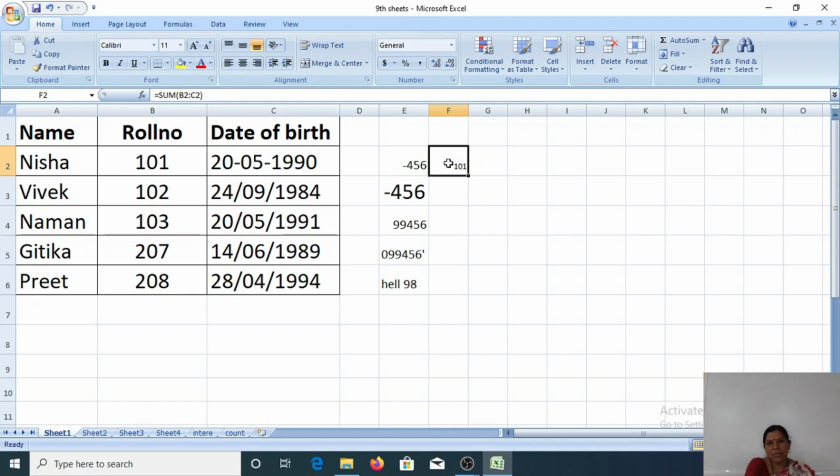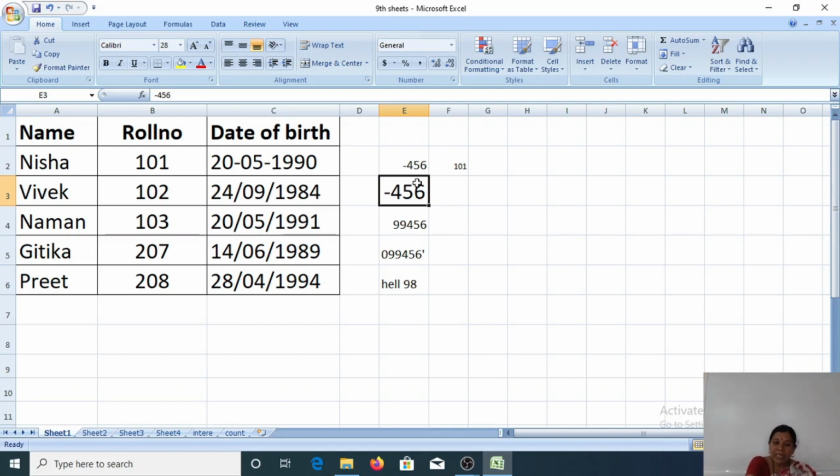See here, now I type a formula in cell F2. You observe that in the formula bar you can see equals SUM, and that will be displayed there also. And for example, if I type negative 456, that will be displayed in the cell as well as in the formula bar.